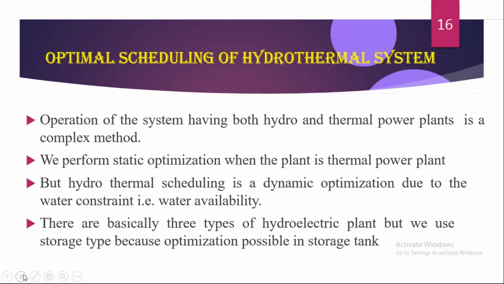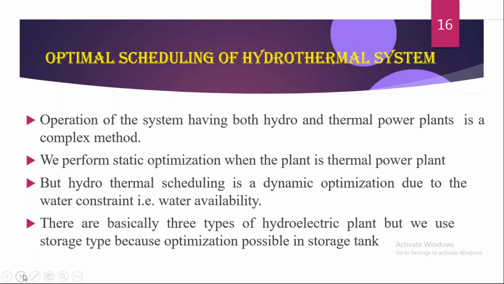Next, optimal scheduling of hydrothermal system. If you want to schedule hydrothermal, until now we discussed what formulas we have to consider. One is cost and the power generation for a particular unit. After that, the parameters should obey the energy balance equation. Then only will the lambda value be correct. That is only for one power plant.